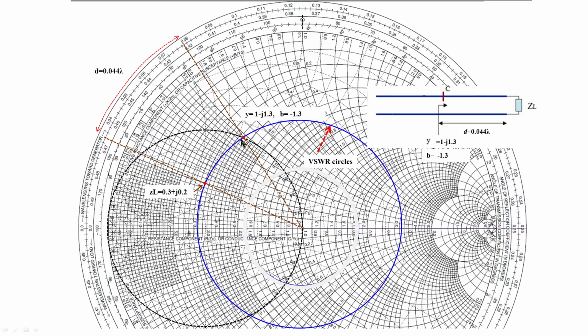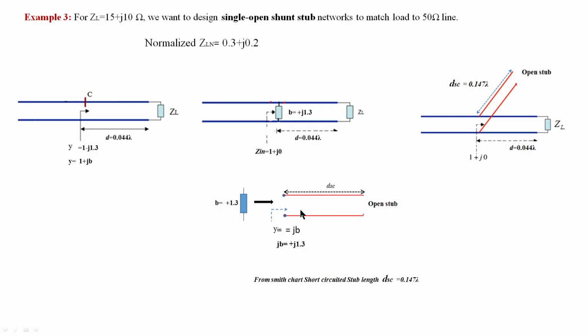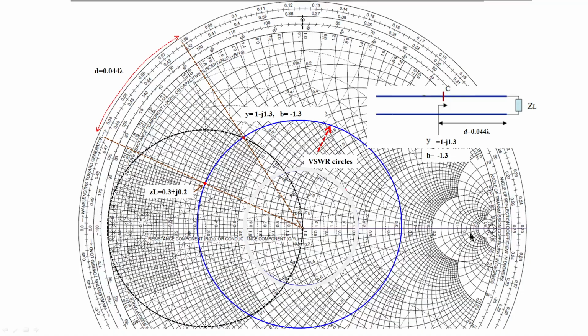If you cross this and go on moving along the VSWR circle, it will cut the G equals 1 circle once again here, but don't go up to there, it will take a larger distance. That's why you should start from here. Whenever the VSWR circle cuts the G equals 1 circle, you stop. Note down the admittance there, and mainly the susceptance, because you should cancel that susceptance. So this is a single stub design. This is enough for your single stub design.